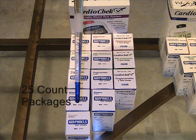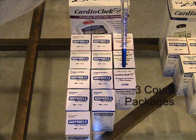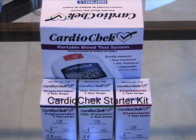We sell these in 25 count, all 5 blood chemistries in 25 count. We sell everything but glucose in 6 count, and then we sell total, HDL and triglyceride in 3 count. A couple things about the 3 count. One is you can't buy the 3 counts a la carte. They are always involved in a kit. We sell a CardioChek kit that involves those 3 tests. You can look on your screen in your lower left-hand corner for the web address to learn more about that